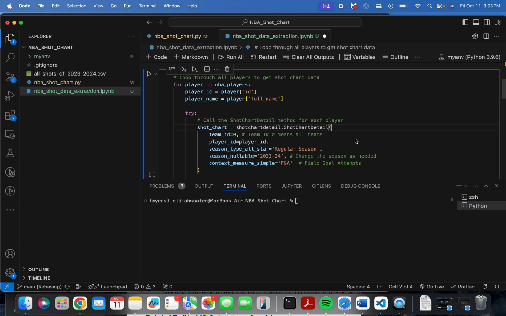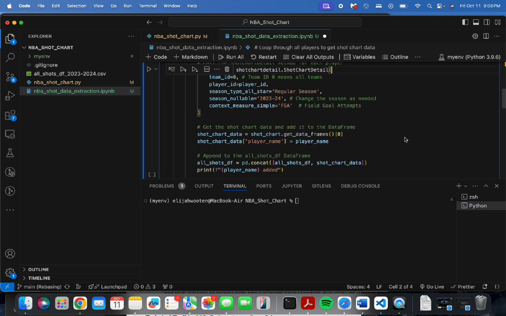And then finally, we're putting context measure simple equal to FGA, meaning that we're just getting the field goal attempts. And then from that data that we're getting, we then go to shot chart. And then from there, to get the specific name of the player, we have it stored at the top. So then we can create a new column that says the shot chart data player name is equal to the